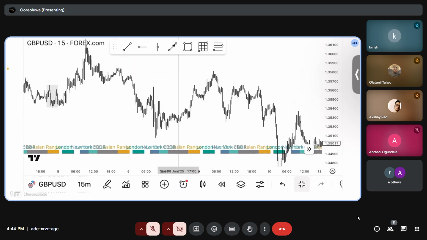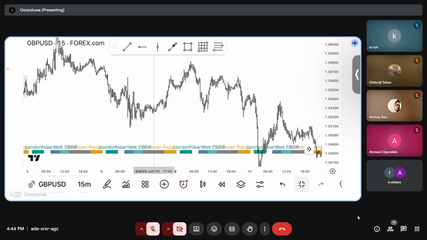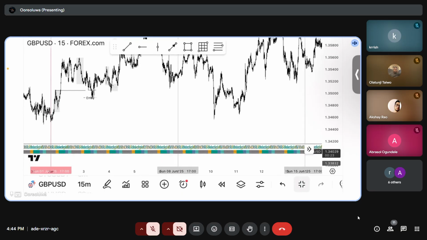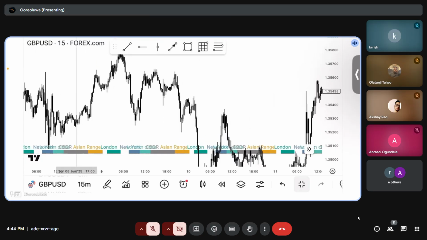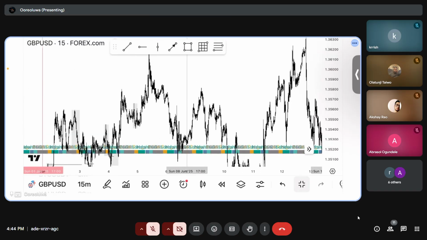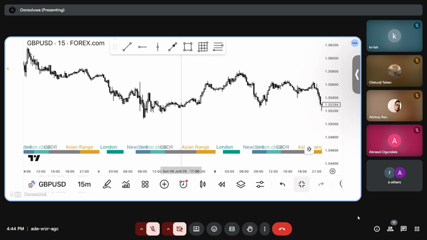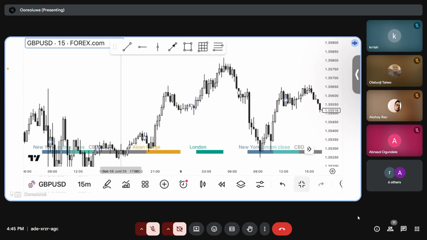So this was the second week, so it's the opening of the second week. Your aim is to use the daily at this point to check where you are going to take trades from. This was a break of structure. Price took out this high, took out this low, and came back into this point and sold. So how would you have taken a trade this Monday? Use the daily key level. There's a key level there on daily for this sell. I'm very sure of that.